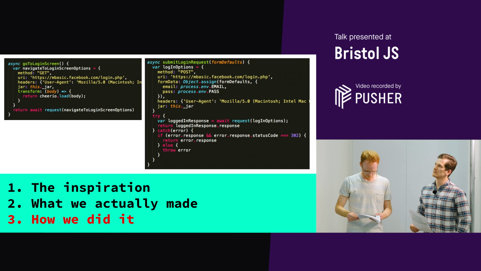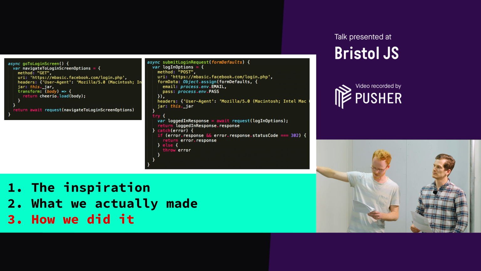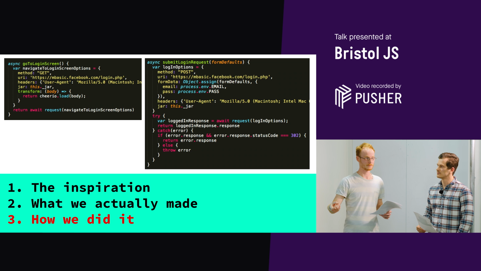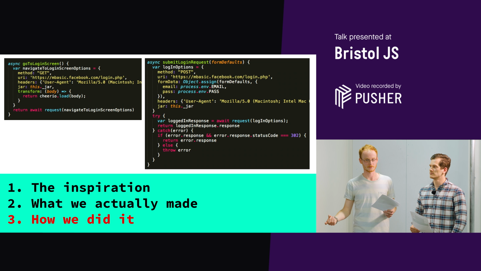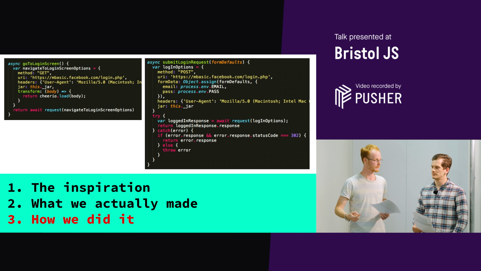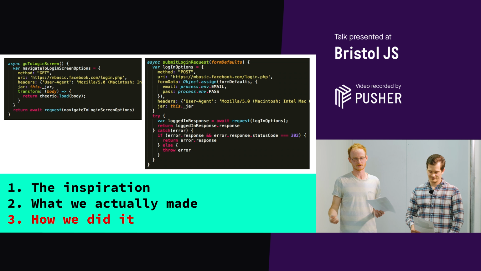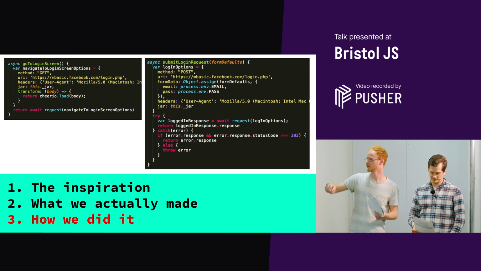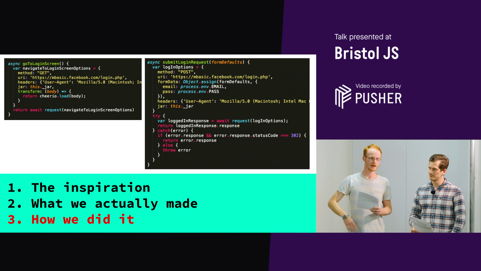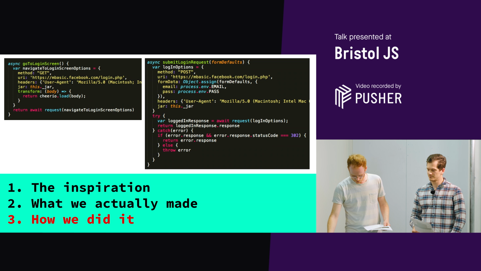The first difficulty we had was around here. Facebook doesn't always respond when you log in with a nice 200 response. Often, actually normally, it redirects you somewhere with a 302 response, and our library was treating that as an error. So we had to just swallow that error here. And then